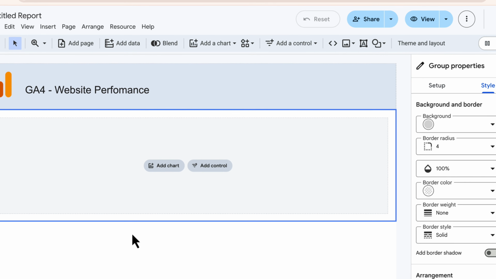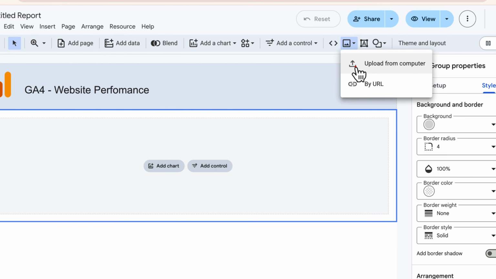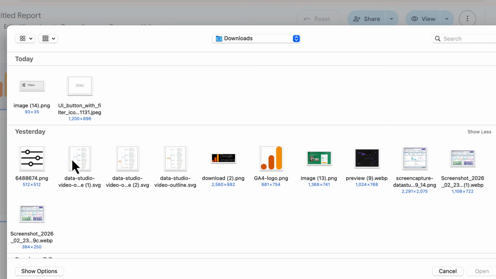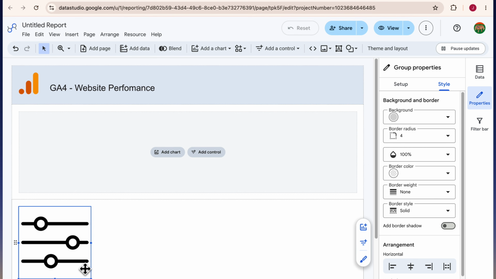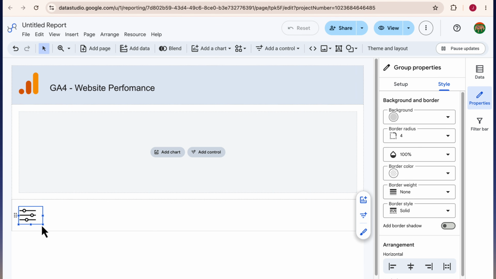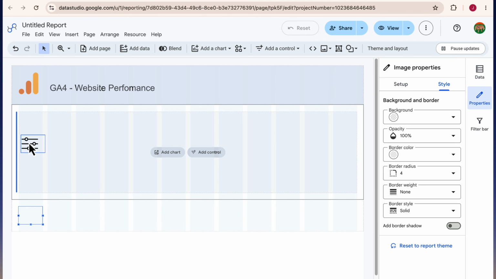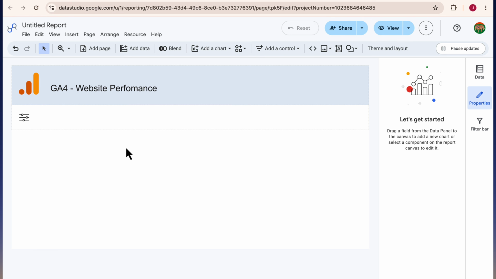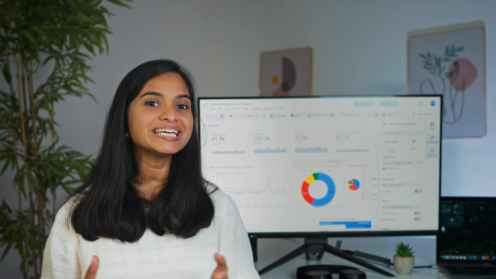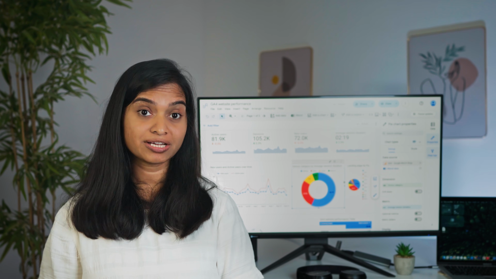Now, let's add some filters and controls. A filter is a way to ask your dashboard a specific question. For example, instead of looking at data from all countries, we can create a filter to choose the countries that matter most. Without filters, we would have to show a lot of data across different charts and tables. Imagine you want to find something specific in your data. Will you manually go through every table to find the best performing pages or simply keep adding charts to see the results for each country?